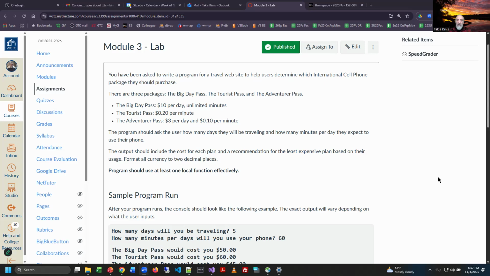It says, you've been asked to write a program for a travel website to help users determine which international cell phone package they should purchase. There are three packages: the Big Day Pass, the Tourist Pass, and the Adventurer Pass. The Big Day Pass is $10 per day with unlimited minutes. The Tourist Pass is 20 cents per minute, and the Adventurer Pass is $3 per day and 10 cents per